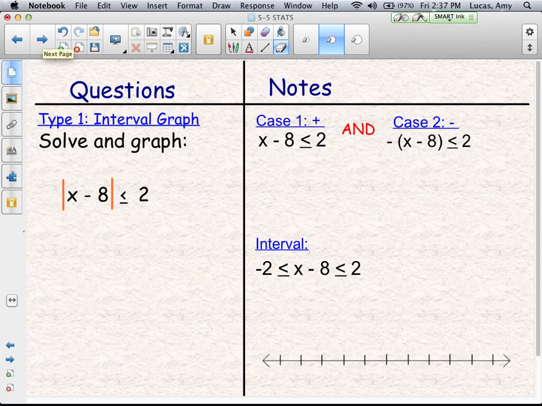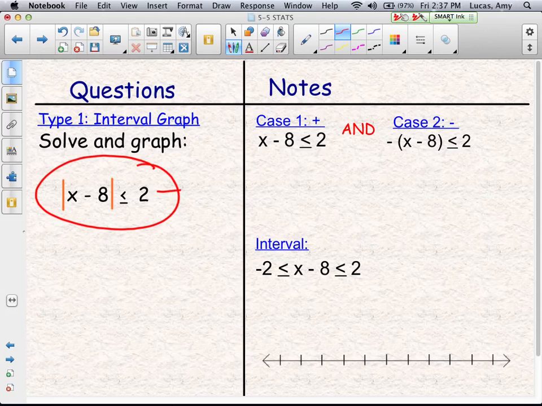Our two separate cases with our inequality are a little bit different. The first case looks just like the original problem, only no absolute value bars. The second case, though, says that the opposite of that x minus 8 is case 2. Now, the opposite is like multiplying by -1, and so we could multiply by -1 and distribute to case 2. I prefer, though, to divide by -1 instead,